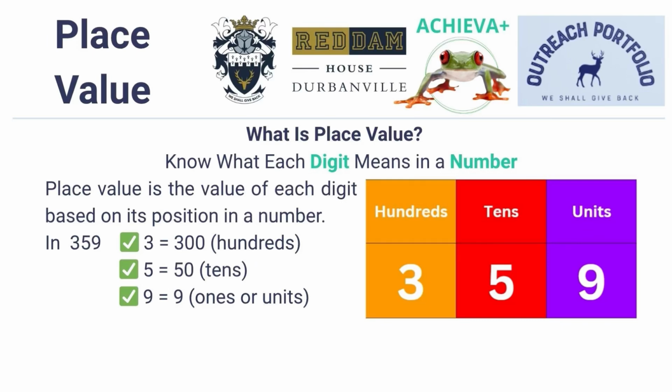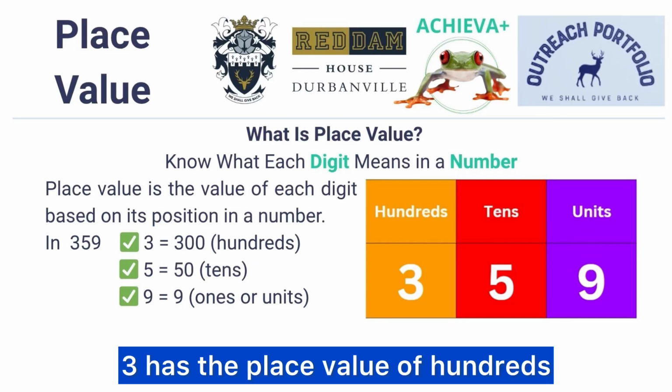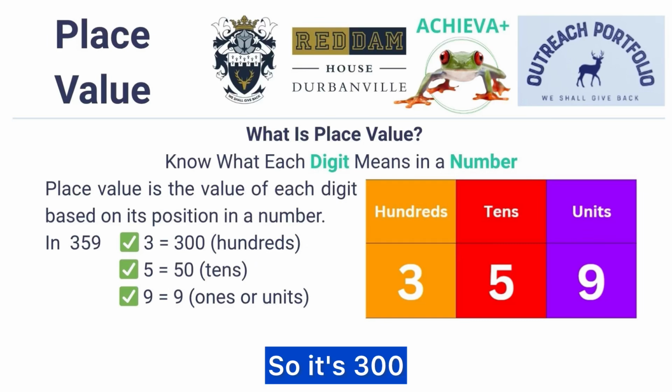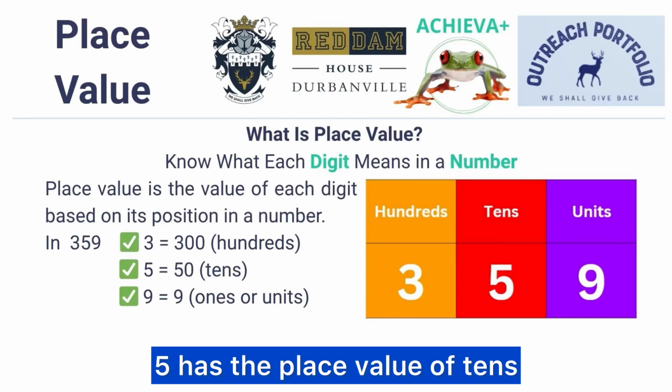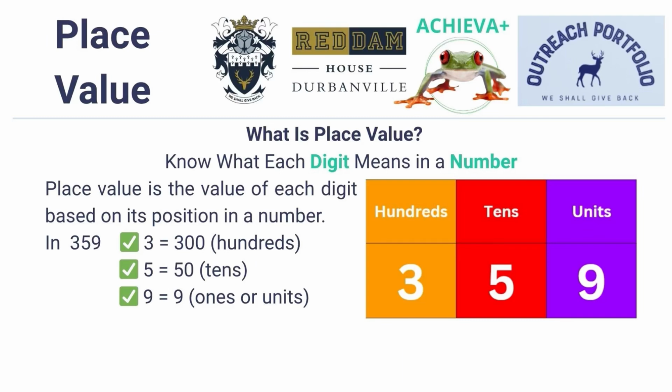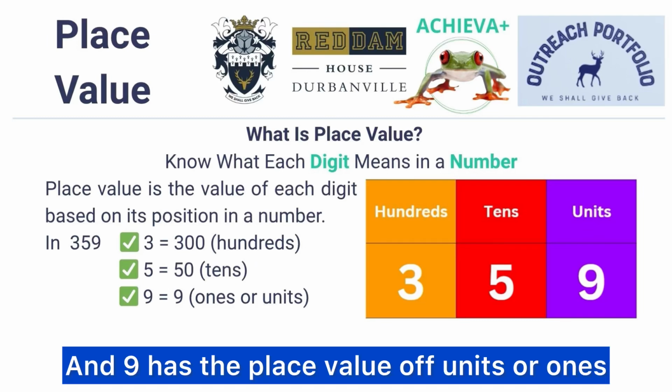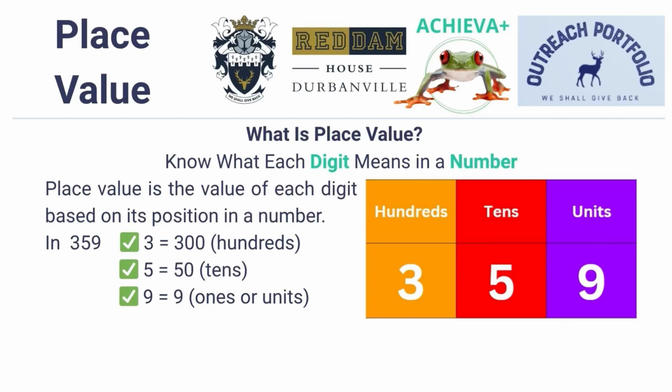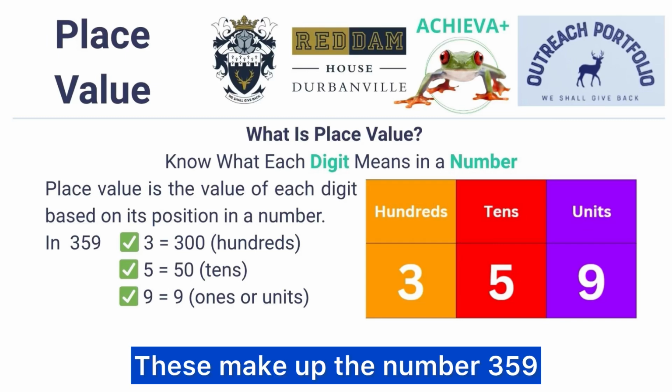For example, in 359, 3 has the place value of hundreds, so it's 300. 5 has the place value of tens, so it's 50. And 9 has the place value of units or ones, so it's 9. These make up the number